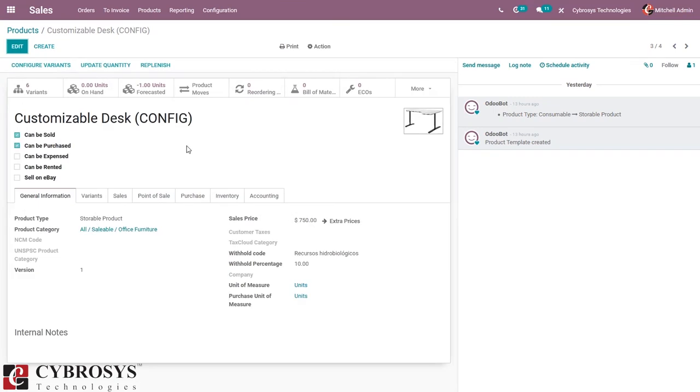Now let's see what are the additional requirements when creating credit notes and debit notes in Peruvian localization.